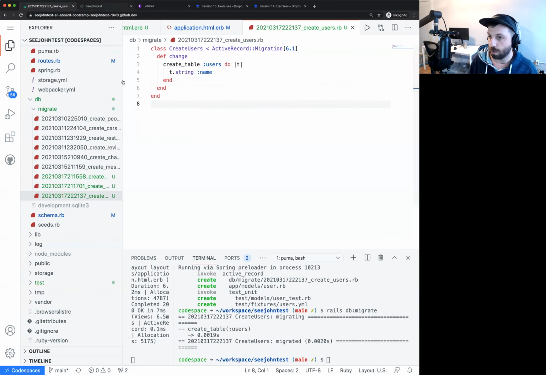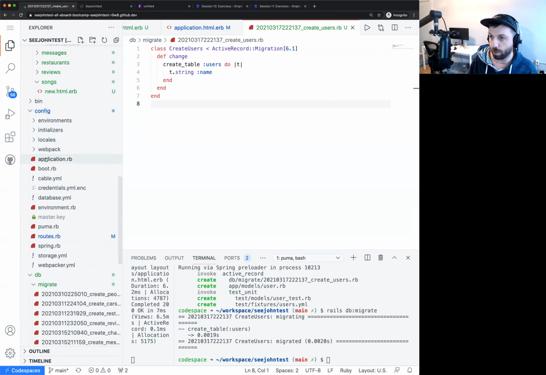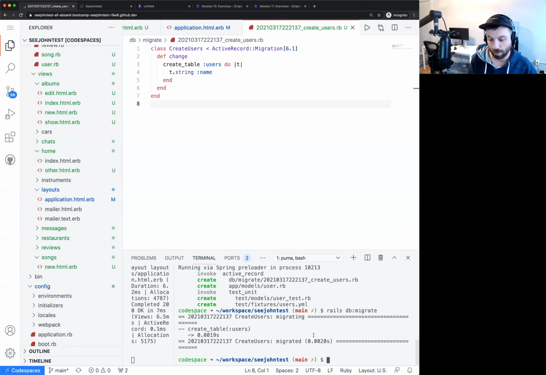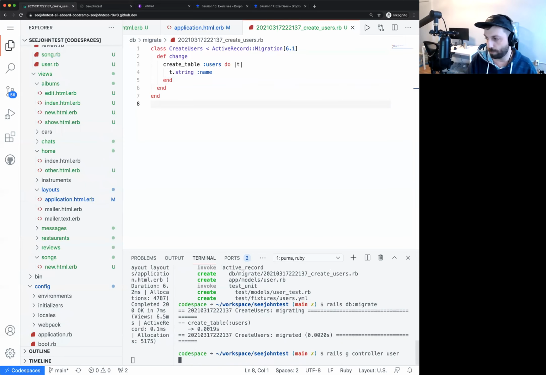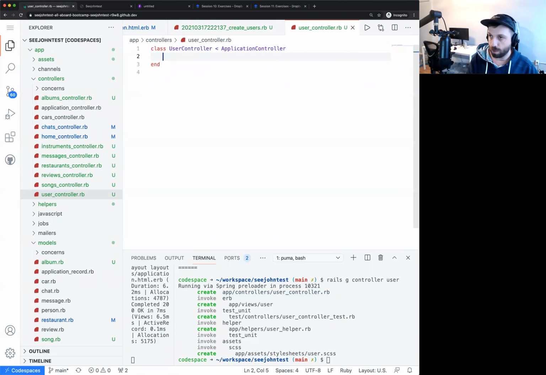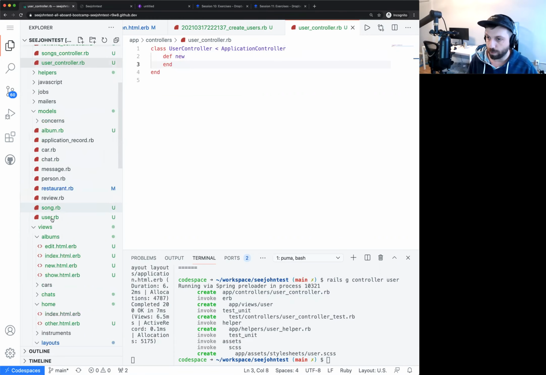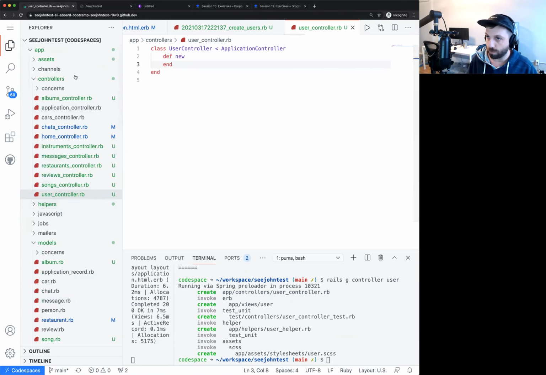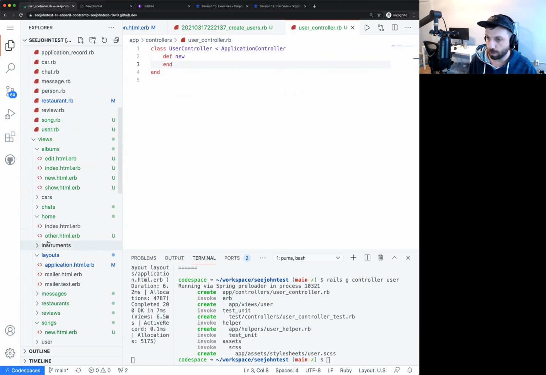Okay. So now let's very quickly create a controller that allows you to create a new user. So we'll do rails generate controller user. Like I said, we want to be able to create a new user, so we'll do an action called new. And we can actually even go into our routes file. So let's open, we'll find it,